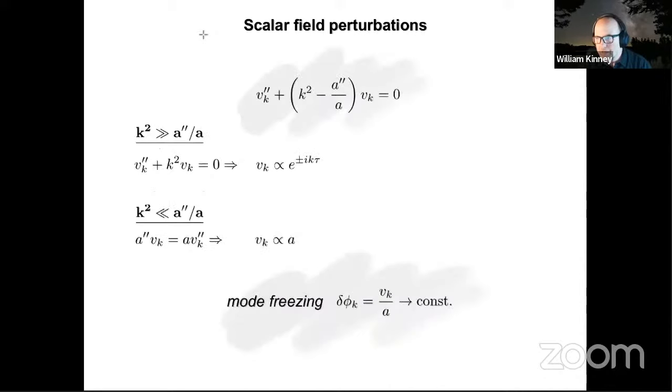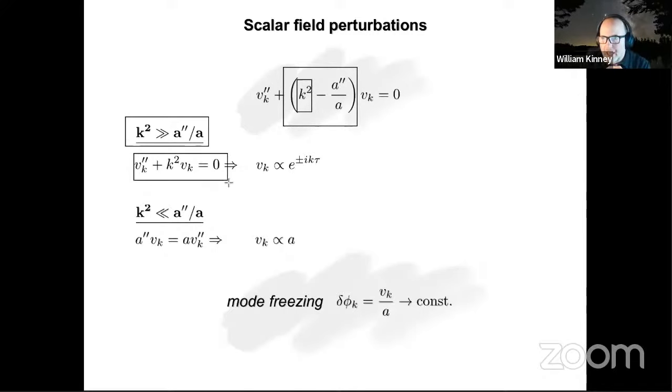So let's look at the qualitative behavior of this Klein-Gordon equation. I have a standard Klein-Gordon equation with this time-dependent mass term in it. Now I can look at two limits, one which is dominated by k-squared, which is the short wavelength limit, when k dominates over the time-dependent term. So when the mode is much smaller than the horizon size, we don't care about cosmology. That's why the LHC works: we don't have to care about the Hubble parameter when we're calculating Feynman diagrams for particle wavelengths that are a femtometer, or much smaller, of course, in the LHC.